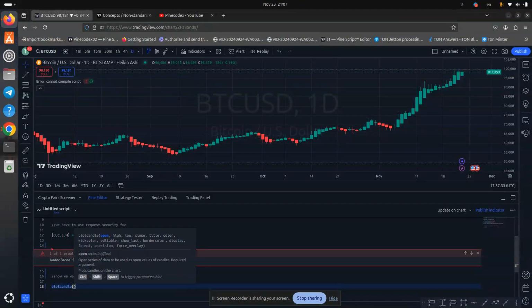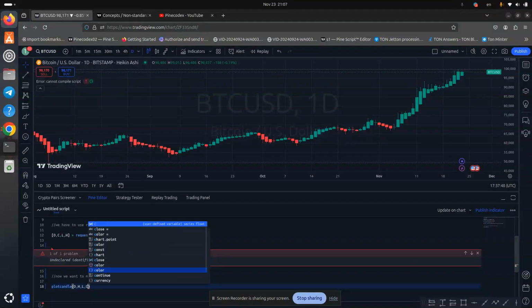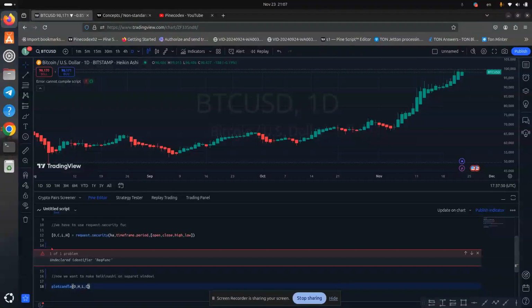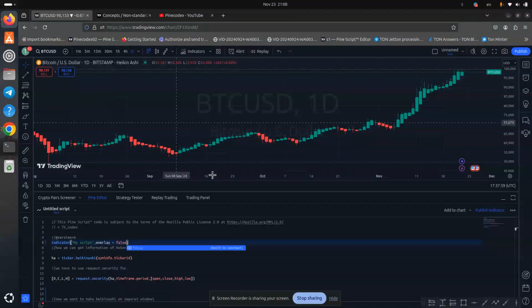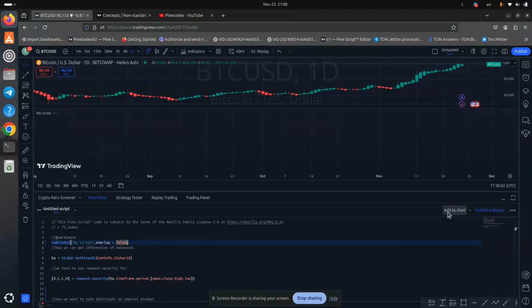For example, plotcandle: our open is O, our high is H, our low is L, our close is C. And here we change overlay to false to show it in a separate window.